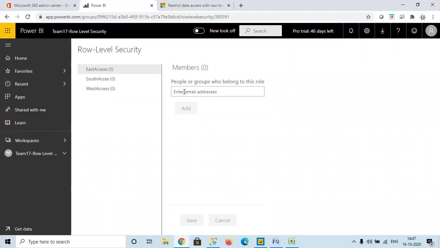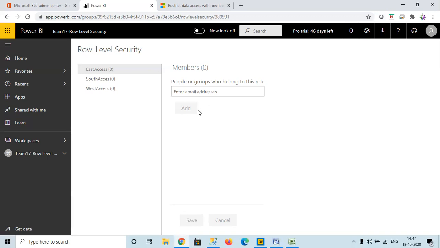Usually in offices, right, we don't give one by one person. There will be a user group created. One user group we will create through the application layer. When they are raising a request, automatically it will be added in the backend. If they are added in the backend, automatically in the front end in Power BI, they should be able to see the access. So we don't add it directly, we add a group.